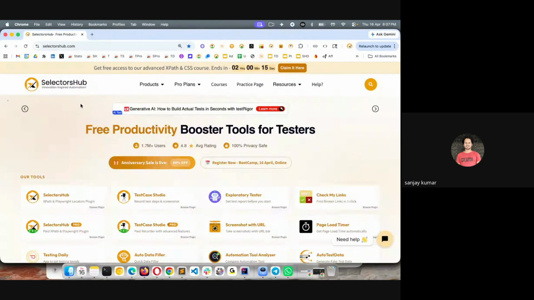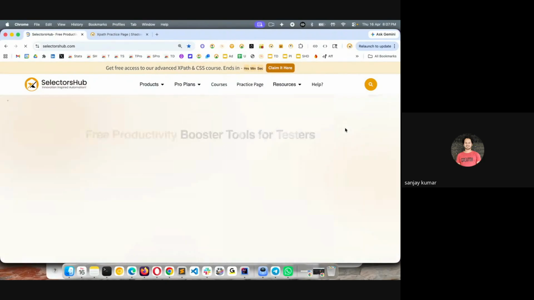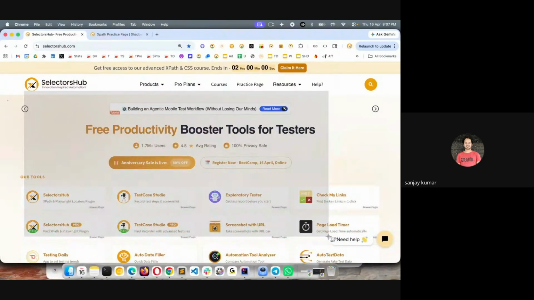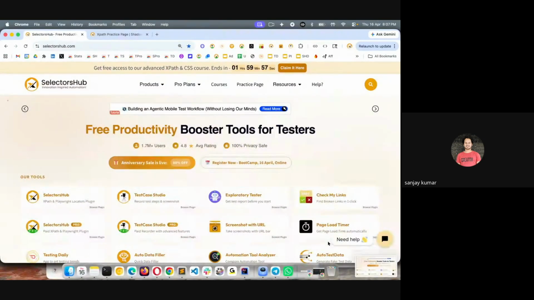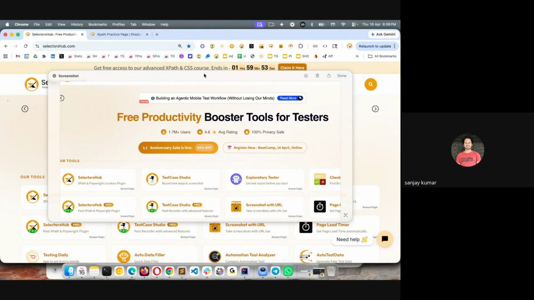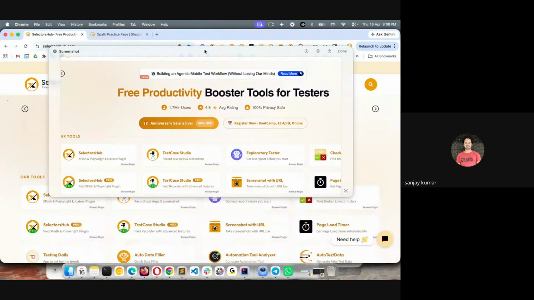If you are on any web page or anywhere, generally we take the screenshot with Command Shift 4 if you're using Mac. And if you are using Windows or anything, you must be using some snippet tool, as you call it. And here you see that the moment you take the screenshot, there is no URL. If you save this screenshot and share it with your developer, or you put it